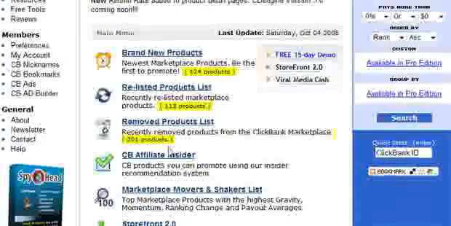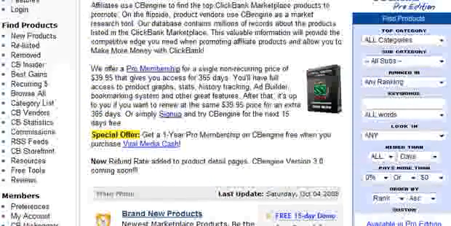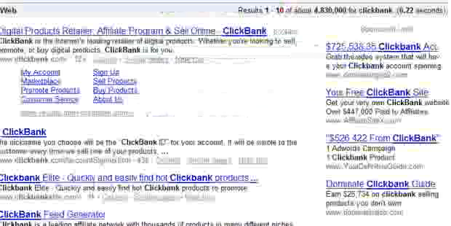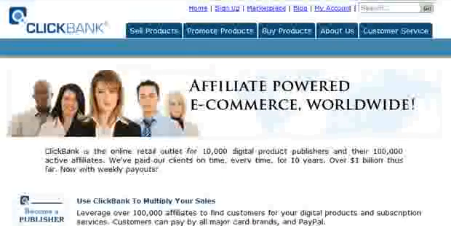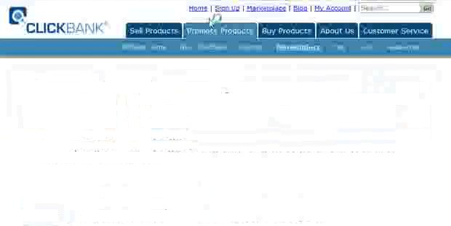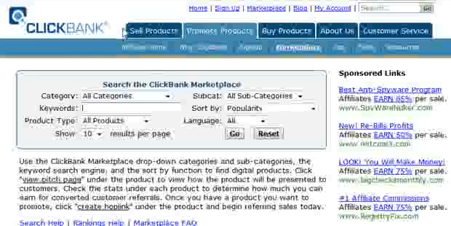Actually, you don't even have to do it in here. I'll show you something even better. If you go to Google and type in just ClickBank, click on ClickBank, and then at the very top here, you can click on Marketplace. I'm just showing you this because it's far easier than using that CB engine. And once you know your product, like I knew that one was CB Ad Rotator,